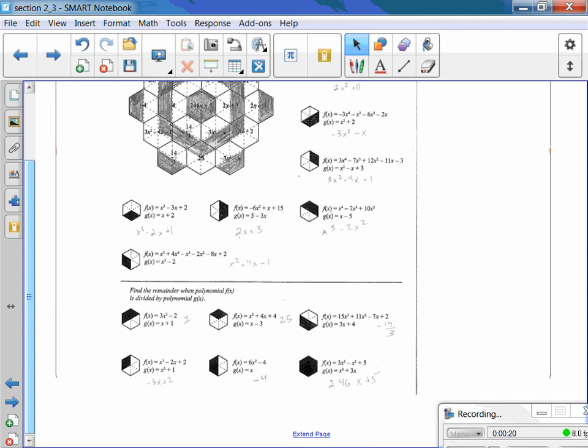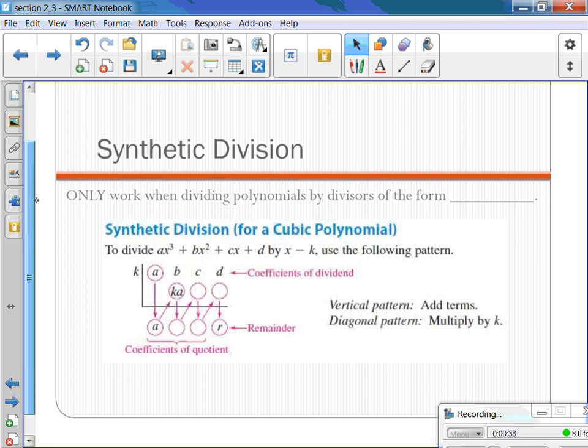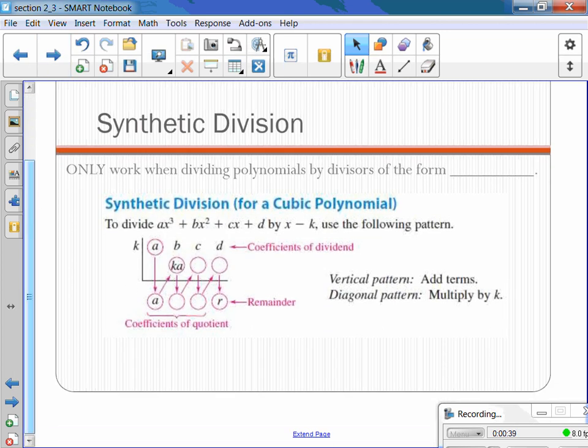Yesterday we went ahead and used long division to divide our polynomials, even factor some of those polynomials, those where the remainder was equal to 0. Instead of doing long division, sometimes in special cases we can use synthetic division. So remember about synthetic division. So this form here, but it only works with polynomials when we have a divisor of